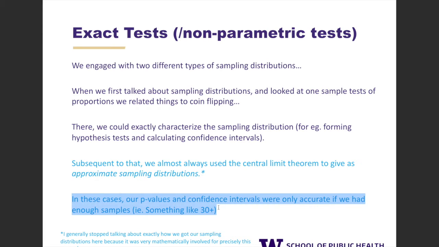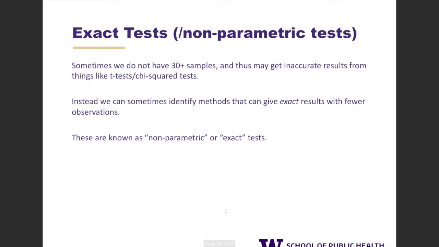They're sometimes called parametric tests or asymptotic tests. You need to use an exact test. So what we're going to talk about now is alternatives to these tests when we have a small number of observations. So again, when we have 30, fewer than 20 maybe samples, things like t-tests or chi-square tests may give us inaccurate results. And so instead, there are methods that give exact results, exact p-values, exact confidence intervals sometimes, with fewer